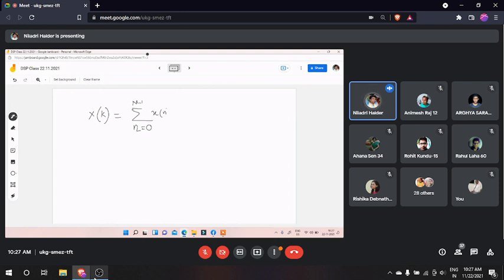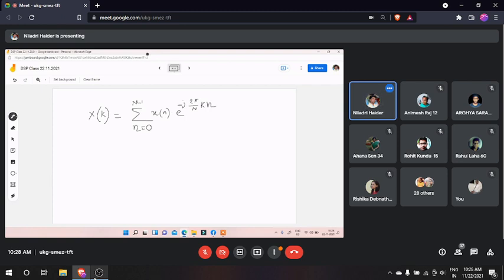Your input x n, you don't know the sample range, whatever the range it is, that range will be operated within that N number of samples. If that range is 1000, or 5000, whatever the range, it will be operated within that 0 to N minus 1, meaning capital N number of samples. So x n e to the power minus j omega k, that omega will be defined as 2 pi by N into k, and you have the n.